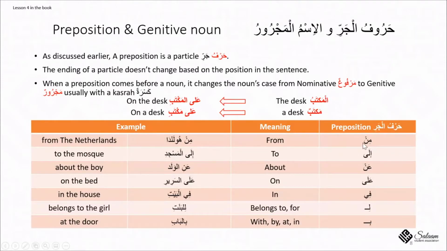And you have to remember that with the prepositions, the ending will not change. It's not like the noun that goes dhamma, kasra, or fatha. No, because it's a particle, not a noun, it will have the same ending. So this is min, from; ila, to; an, about;